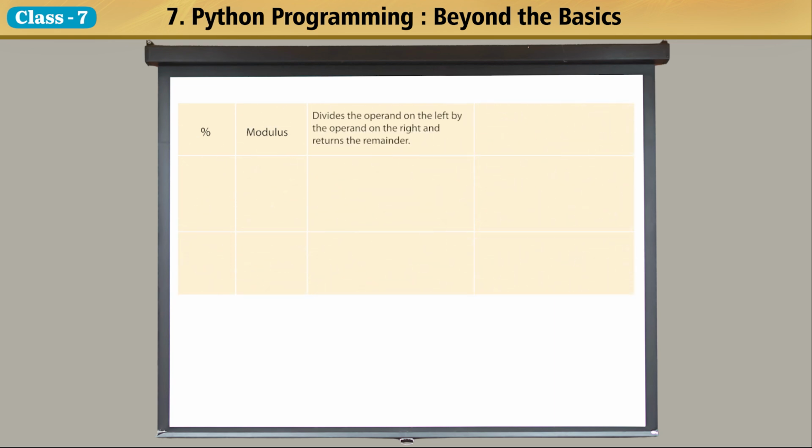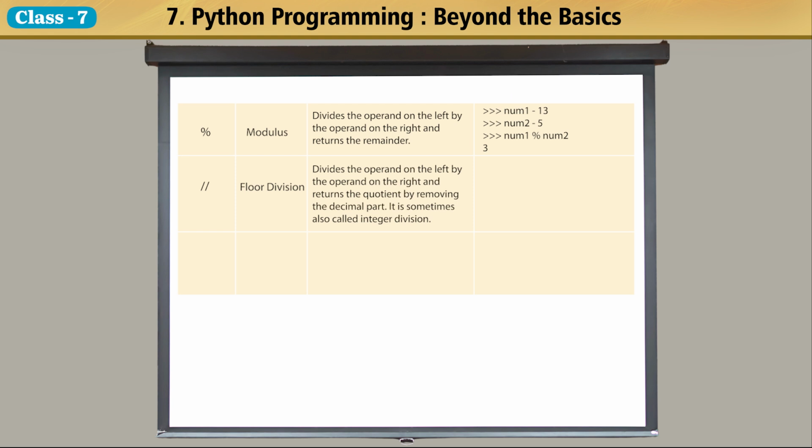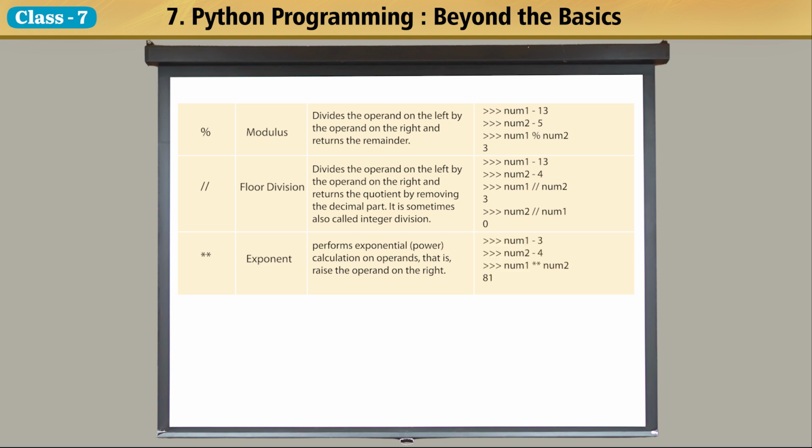Modulus. Divides the operand on the left by the operand on the right and returns the remainder. Examples. Floor division. Divides the operand on the left by the operand on the right and returns the quotient by removing the decimal part. It is sometimes also called integer division. Examples. Exponent performs exponential power calculation on operands, that is, raises the operand on the left to the power of the operand on the right. Examples: